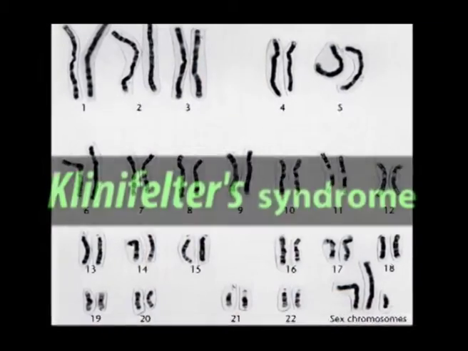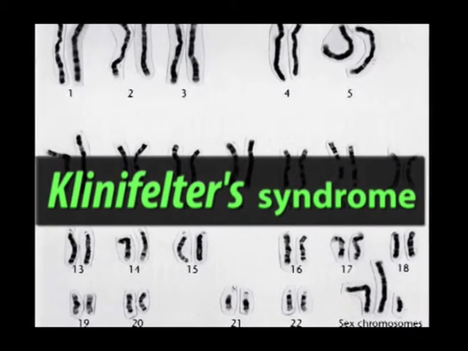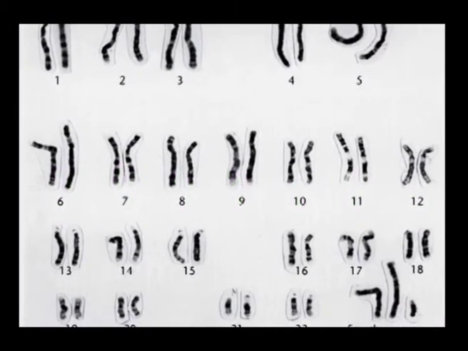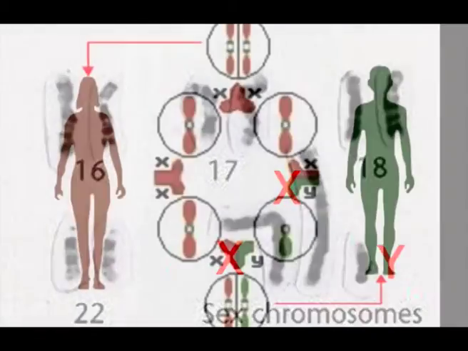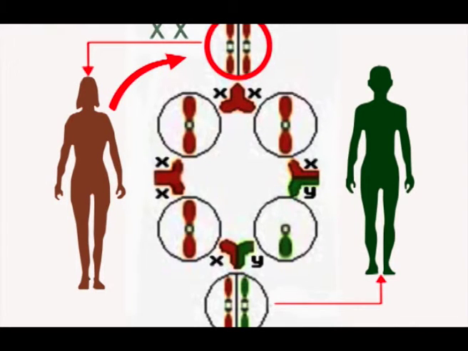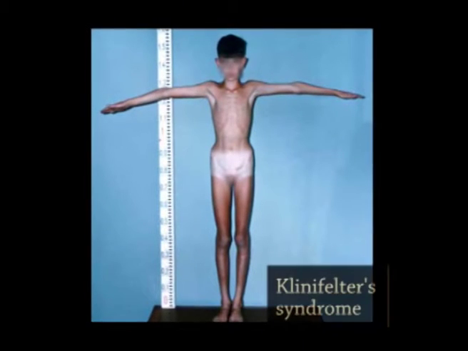Now, another third category is Klinefelter's syndrome. Here, the chromosome complement is XXY. When it is XX, it is female. When it is XY, it is male. So whether one is female or male is determined by Y. So here it has both the characteristics of female as well as male. But basically Klinefelter syndrome individuals are men